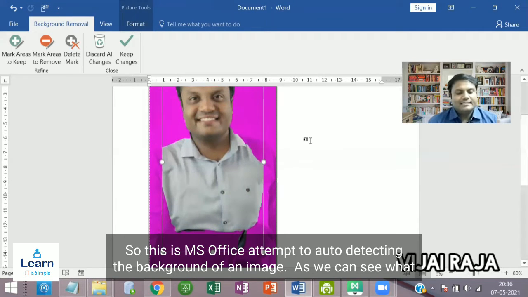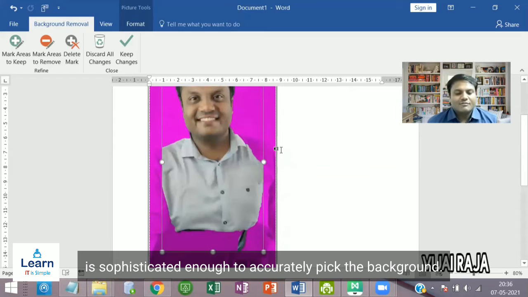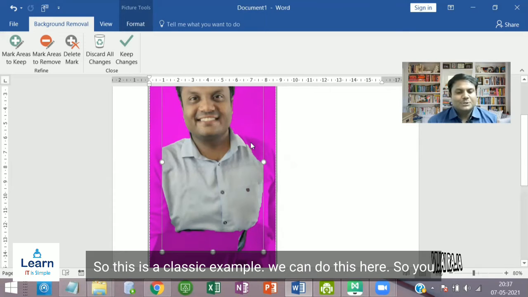As you can see, Word isn't quite sophisticated enough to accurately pick the background in most images. So this is a classic example. It's okay. Word provides this basic tool, so we can do this here.